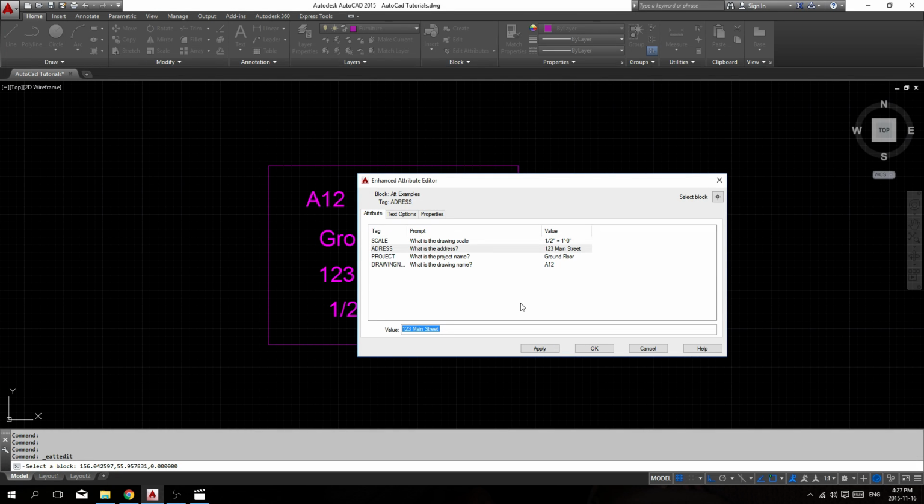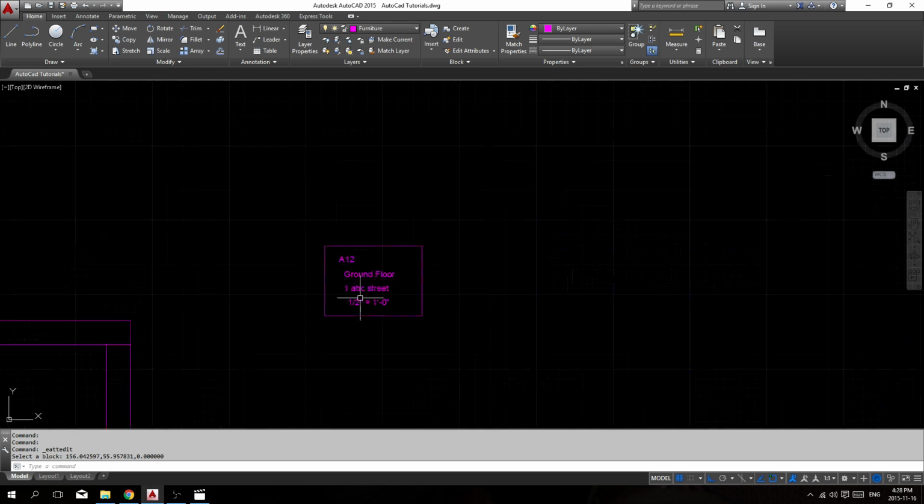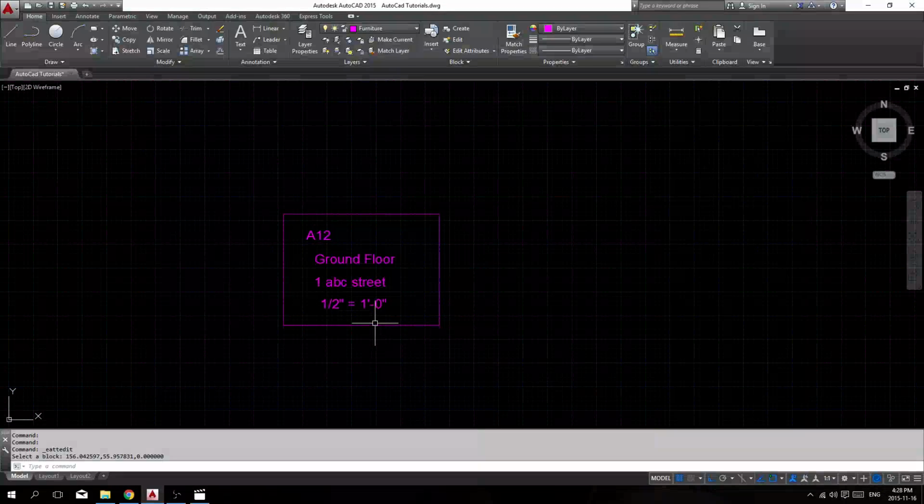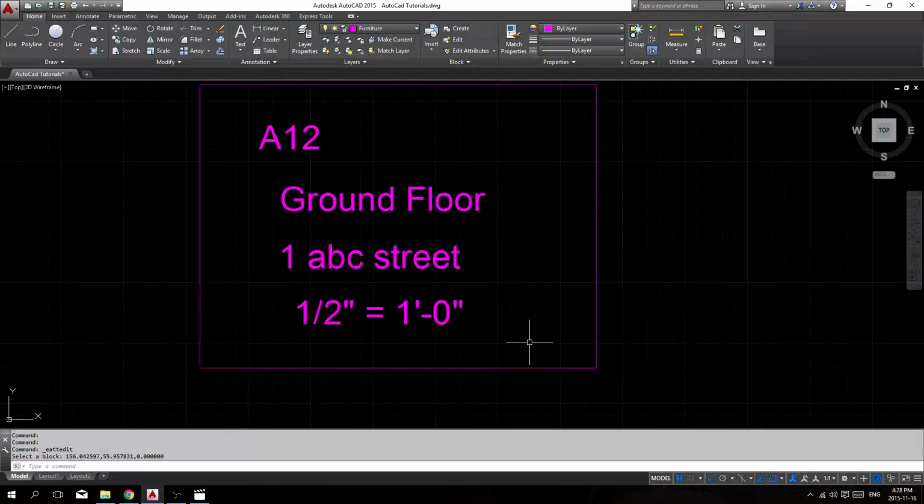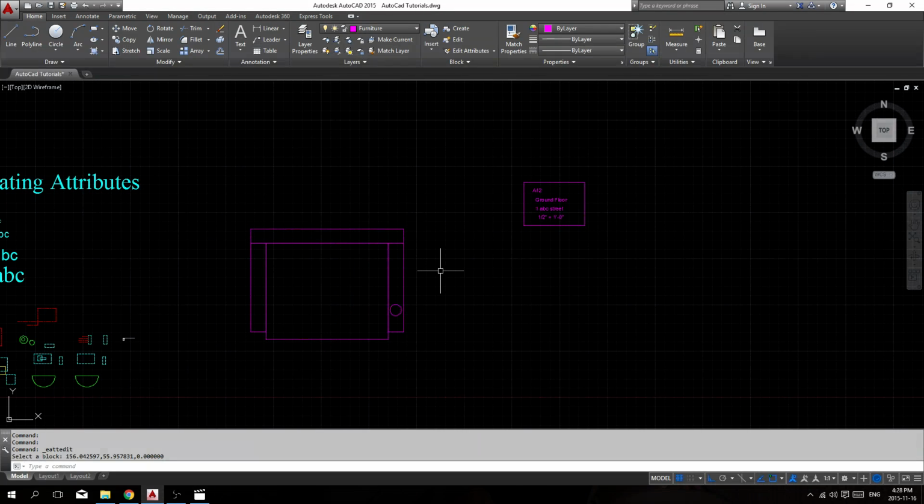123 Main Street, we'll change it to ABC Street, ground floor. So you see how it came up? It changes. This block, like a title block, when we do it, it's better to have it as attributes. Now, another thing you could do for attributes, let's say these chairs, you were doing